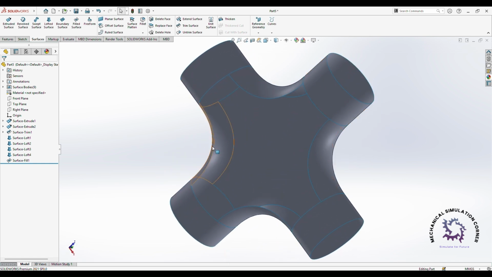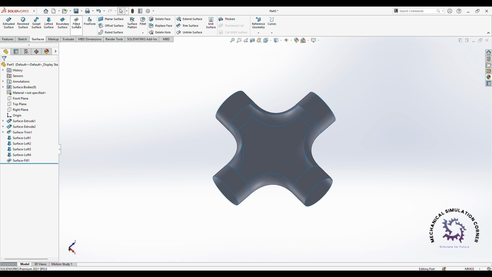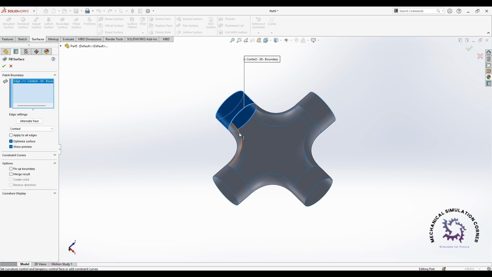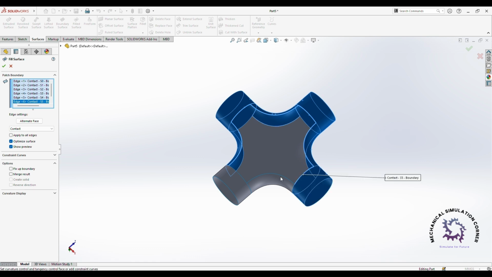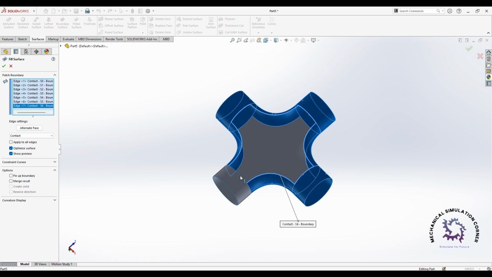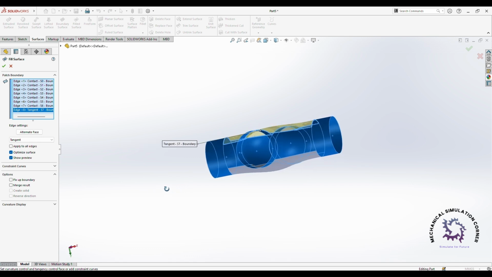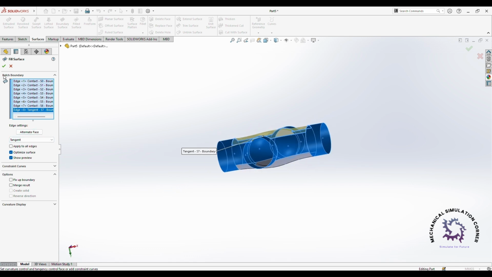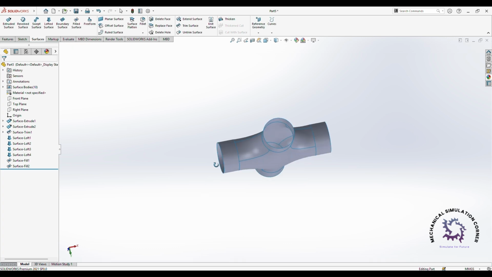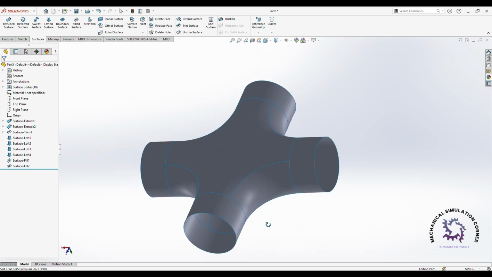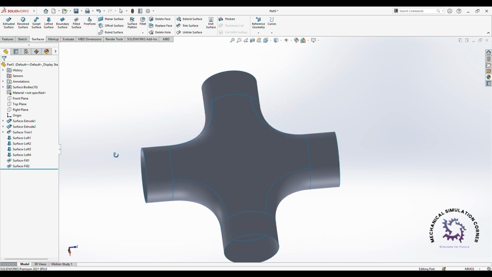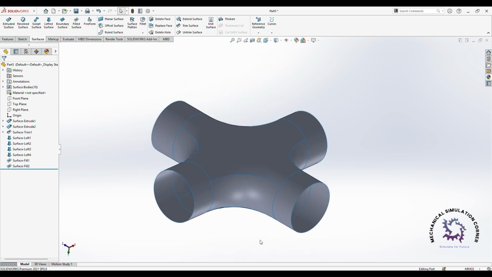Okay. Now again do the same thing. Click on filled surface and select all the surface here again. Okay. Now click on tangent. So our model is ready,